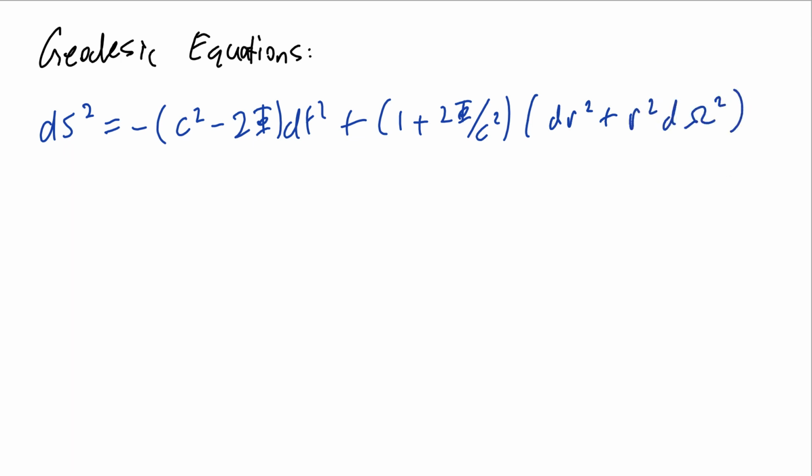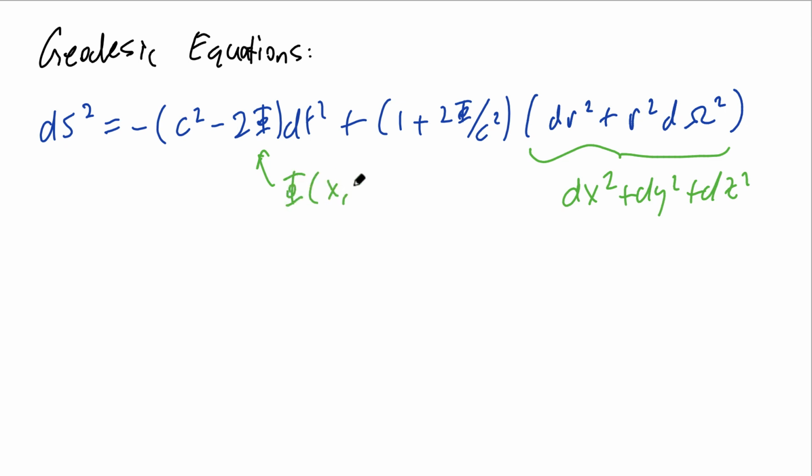omega squared. And it will be helpful, actually makes things simpler, if we change coordinates and write the flat space metric in Cartesian coordinates as dx squared plus dy squared plus dz squared. So we simply apply the usual coordinate transformation between spherical coordinates r, theta, and phi and Cartesian coordinates x, y, z. And now the Newtonian potential in this case becomes a function of x, y, z rather than r, theta, phi. Now from this metric we can compute the Christoffel symbols, and in the limit